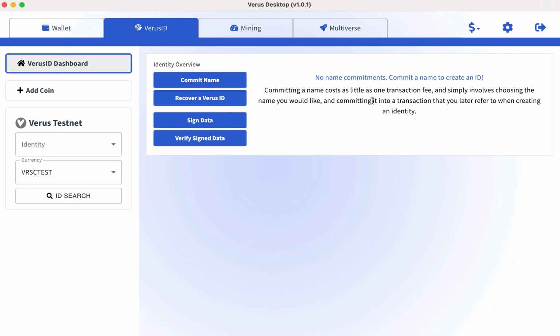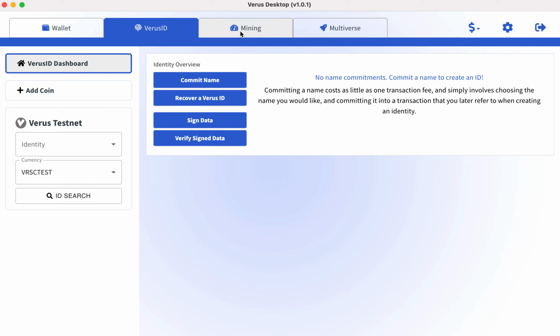And once we get to the coin settings, I'll show you we can also do it through the terminal, the native terminal in the GUI wallet. But the GUI makes it relatively easy to do it just by hitting some buttons. If you use the native terminal, things become more nuanced, and you have more control over the transactions and the way that you interact with the Verus network. So this is the Verus ID tab. We'll go through it more when we do the Verus ID video,